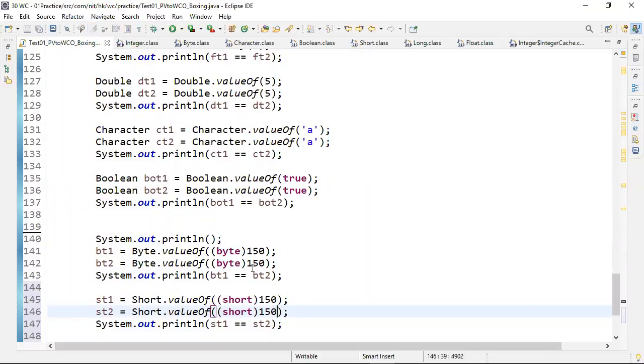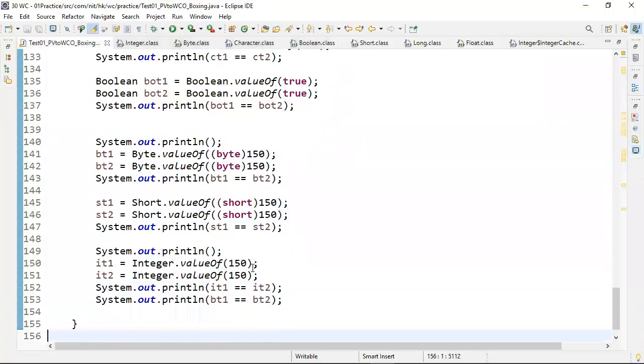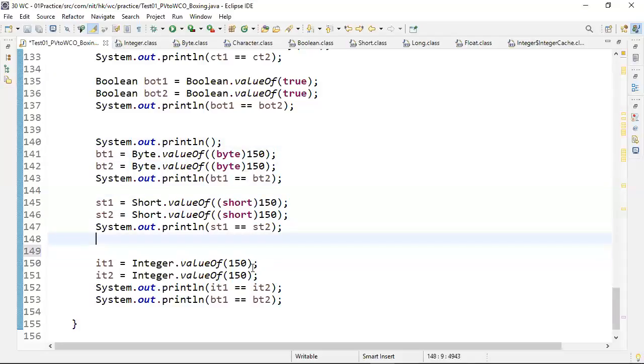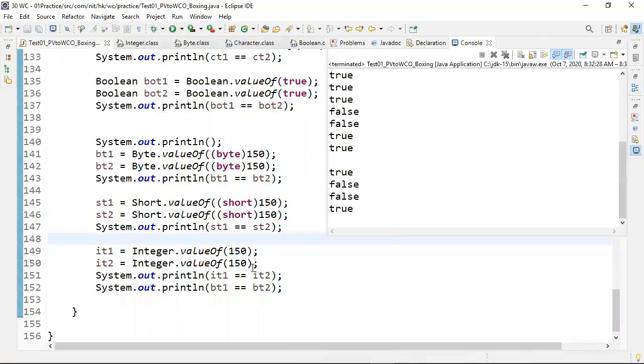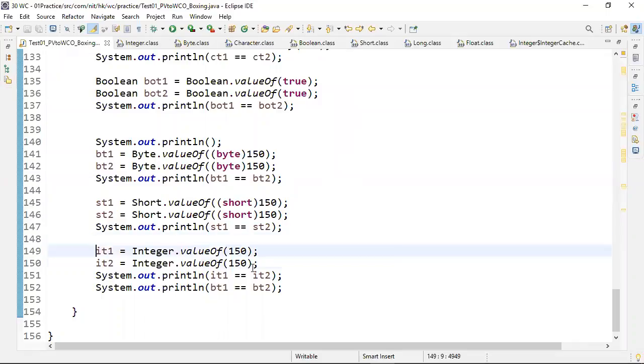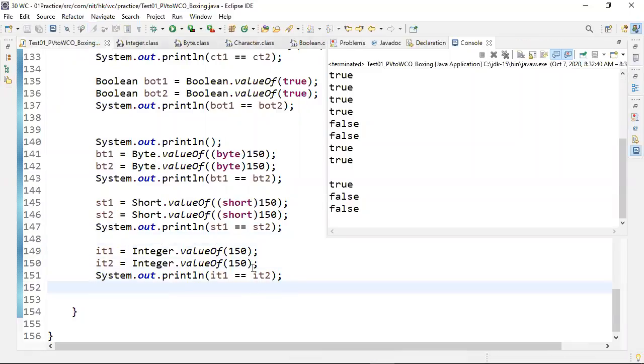So we'll get true, false, false. Okay, true, false, false. So can I hope all people understood?